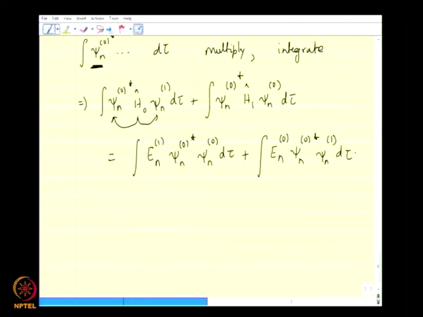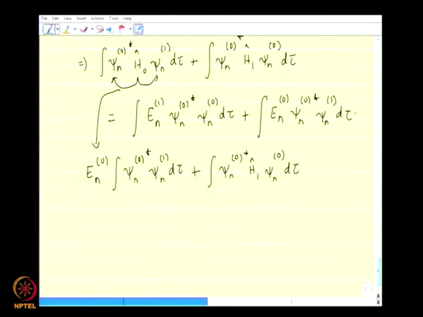Therefore, H0 acting on psi n0 star will give you the corresponding energy En0, which is real, and therefore this will give you En0 times integral psi n0 star psi n1 d tau, plus you have integral psi n0 star H1 psi n0 d tau